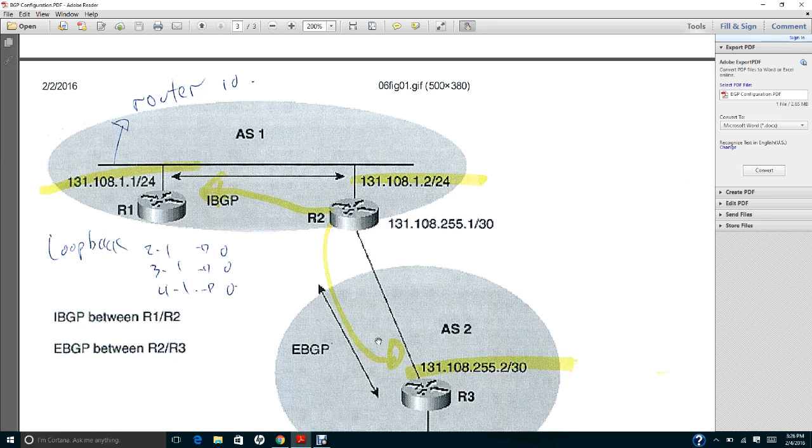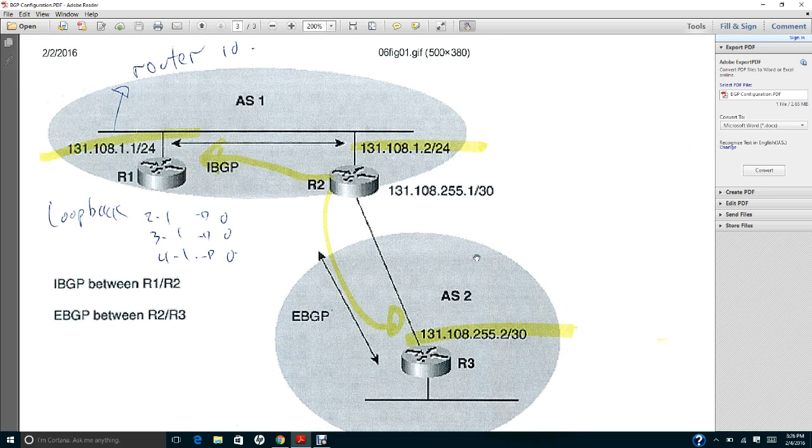From R2 to R3 we're gonna connect using this IP address 131.108.255.1/30, and then here in R3 the serial interface is gonna connect to 131.108.255.2/30.